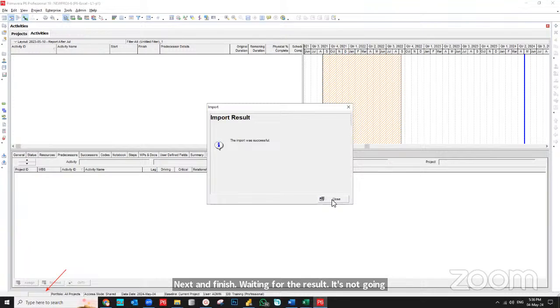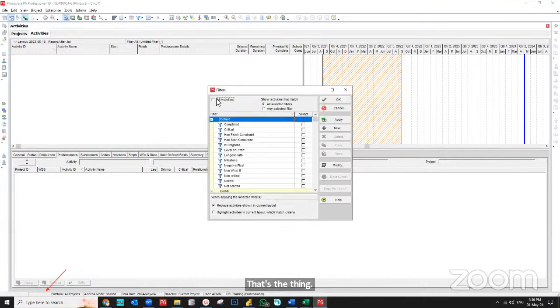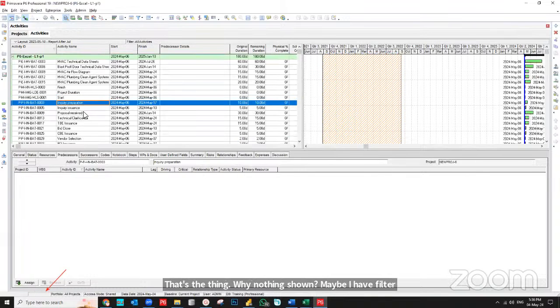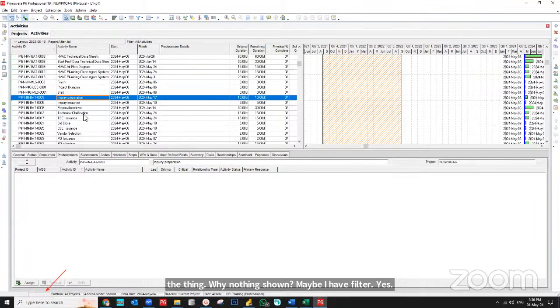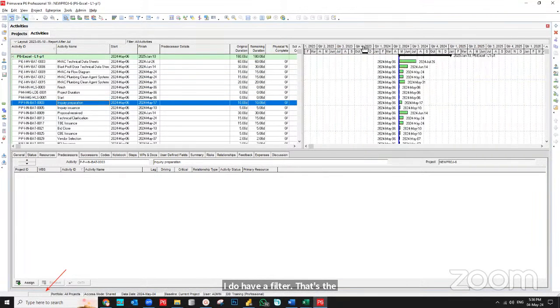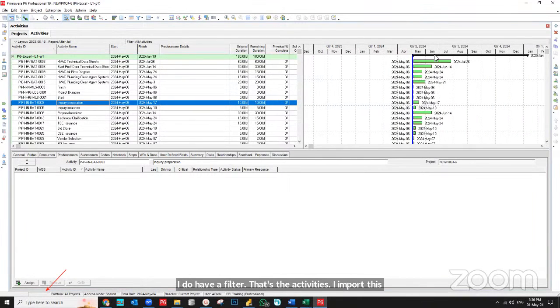That's the thing done. Why is nothing shown? Maybe I have a filter. Yes, I do have a filter. Those are the activities. I import this kind of activities in a blink of an eye because